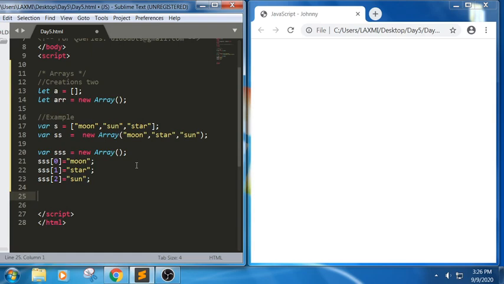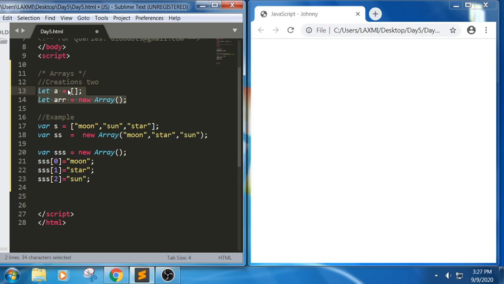For example, if I don't have any array elements, we can just write in this way, like variable s is equal to new Array constructor, which means the array doesn't have any values. If you can see in line numbers 13 and 14, we can say these two lines are empty arrays. It means it doesn't hold any element in it.